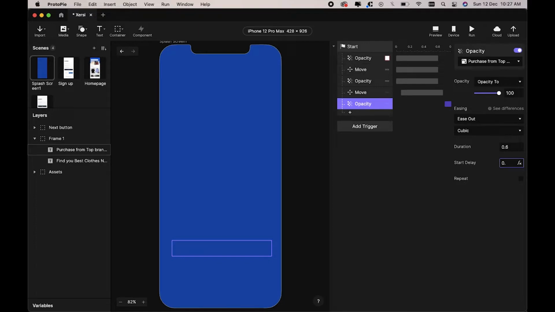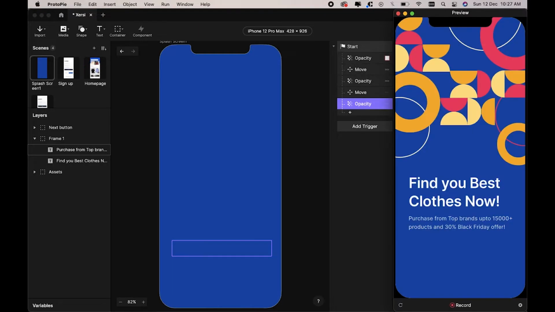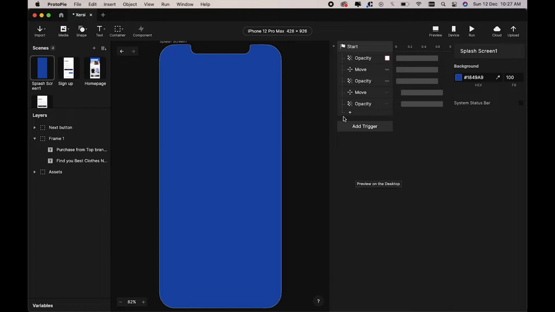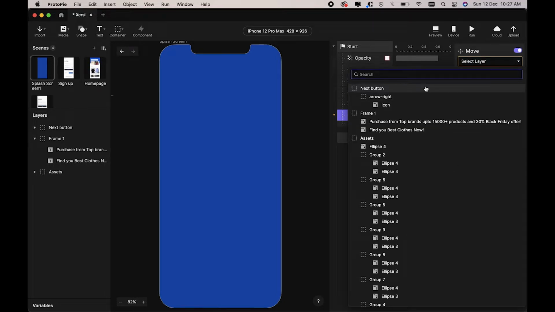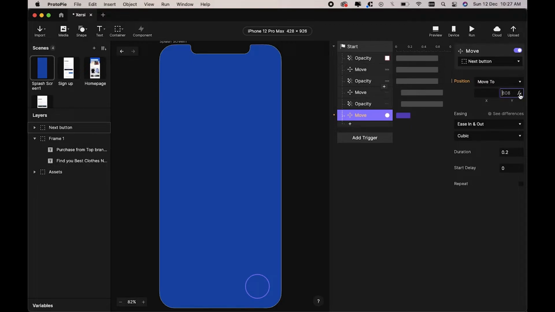Sorry, 0.07. Yeah, now it looks cool. Okay, now same for the next button. Create interaction for move. Select the layer, next button, and the default value was 758. I change the easing, change the duration. So basically we gave 0.7 to the purchase from top brand, so it is going to be 0.14, and change